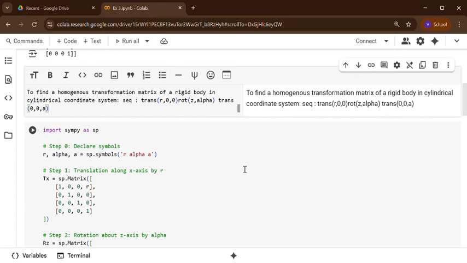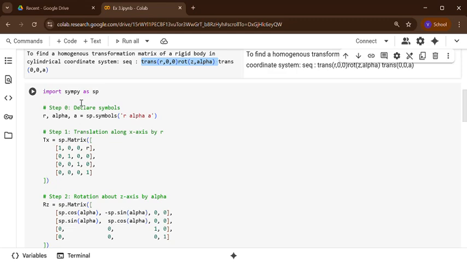If you want to check the transformation matrix of the cylindrical robot, you have to do these 3 transformations. So let's see that. Here we are going to use SymPy and not NumPy, because NumPy is only for matrix operations, while SymPy is for algebraic calculation. For example, if you have cos square theta plus sin square theta and you apply NumPy, it will say cos square plus sin square only. But SymPy will say 1. This symbolic simplification is easily carried out in SymPy, which is why SymPy is used for algebraic calculations.